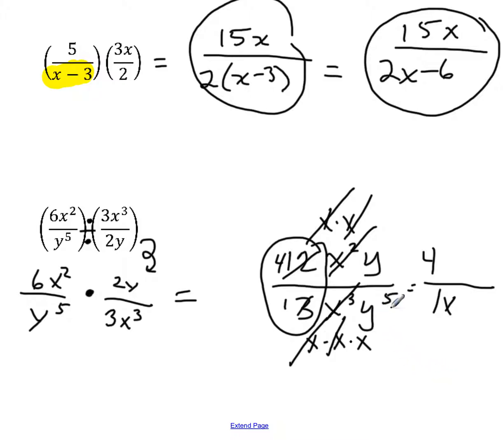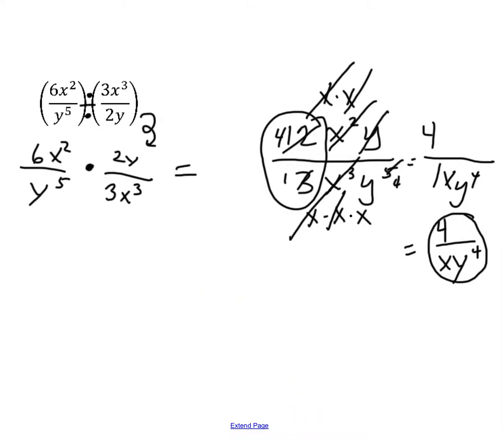And then looking at y to the fifth on the bottom and y on top, I can cancel out this y and only one of these y's, leaving me with y to the fourth. So my answer to this problem would be 4 over x y to the fourth. I don't need the one in front. Okay. Another way to do this problem, a way that I like kind of better, if you want my opinion,